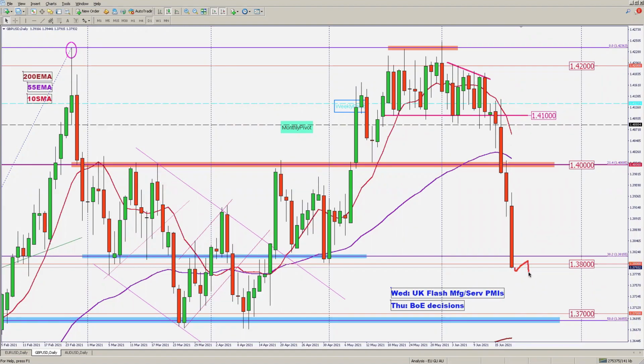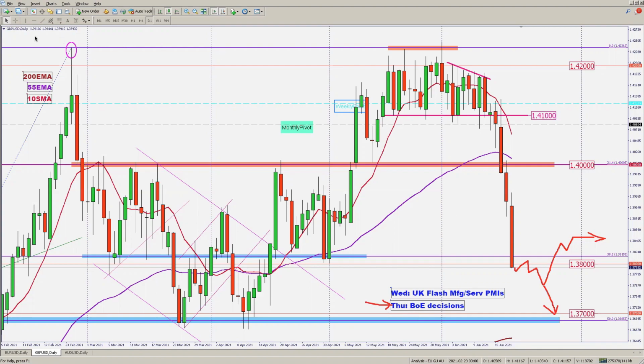So that's not too far away relatively. So we'll see if there's any pullback first and consolidation, and then we'll see what happens on Thursday, whether it's going to dip further to hit the support zone, or whether it's able to bounce off and recover. So this is a critical week for the UK.